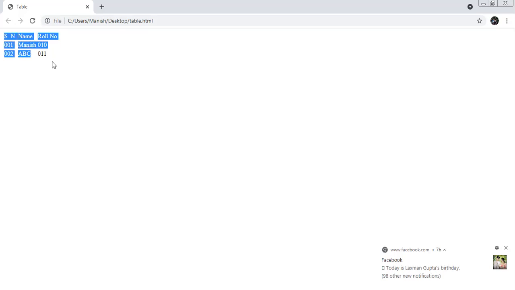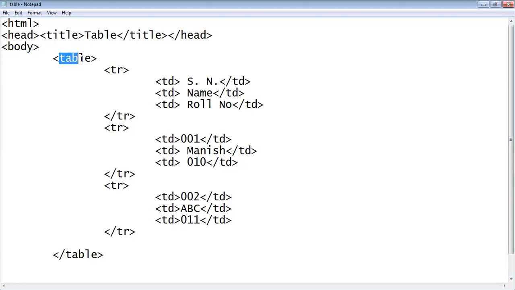But still we are not seeing this in table format, because there should be a line between each row and each column, and it will be a cell. Here we are not getting any cell, meaning any row or any column or any border. So now come to the code, and you can see that here we take a table tag. If we want to show the border, then we need to write border. And what will be the size of the border in pixels? Like we will write 2 pixels, and we will save this.